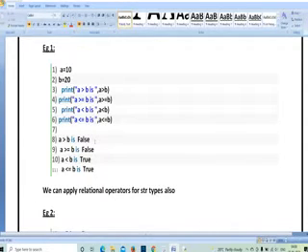A greater than or equal to b. It is not greater than and it is not equal. The two conditions whatever we have given both are wrong. So it is false. So a less than b. Of course a is a smaller number than b. So true. A less than or equal to b. Even though a is not equal to b, a is less than b. Here in these two conditions, one condition was satisfied. So you are going to get a result as true.